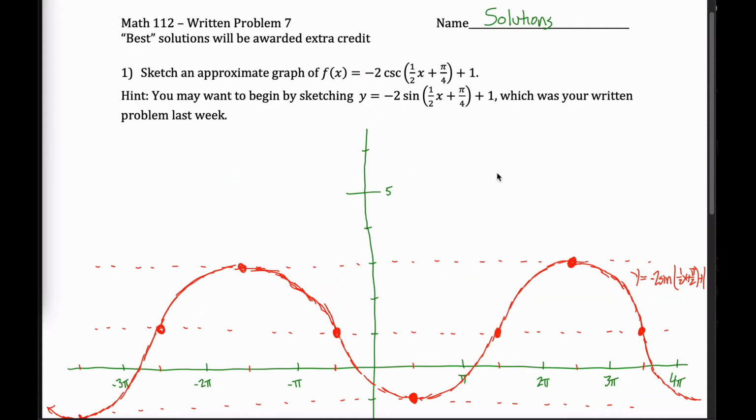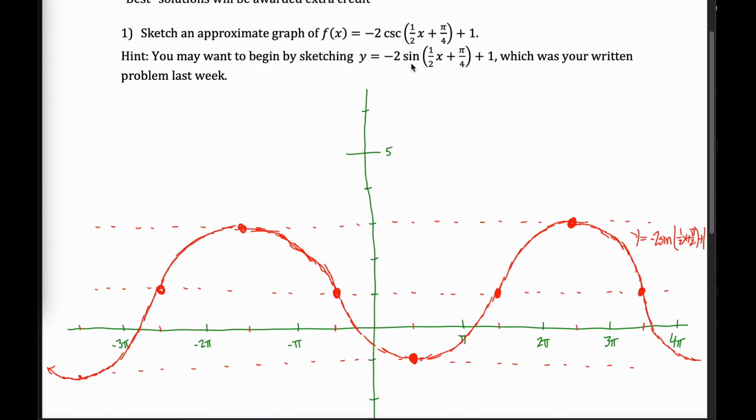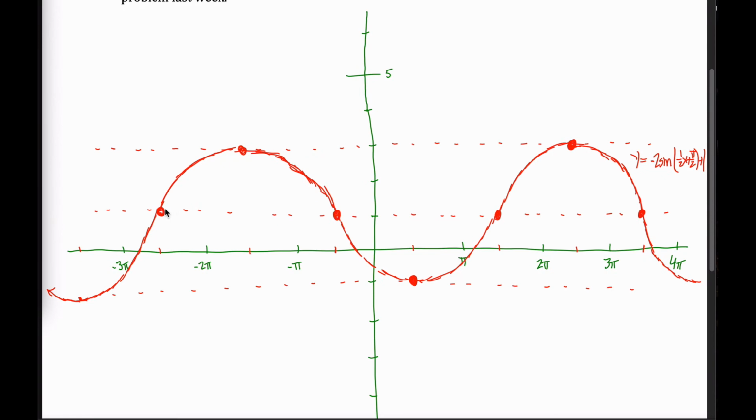From this graph, I can come up with the graph of the transformed cosecant graph that's shown here. Because I have the same values of a, b, c, and d up here as I do down here, it's this graph in red that I'm going to base my graph of cosecant off of. I think the easiest way to do that is to start with your vertical asymptotes. What you need to know about cosecant is you're going to have vertical asymptotes anywhere your graph of sine is on its midline. So at these 4 different dots here where my graph is on my midline,